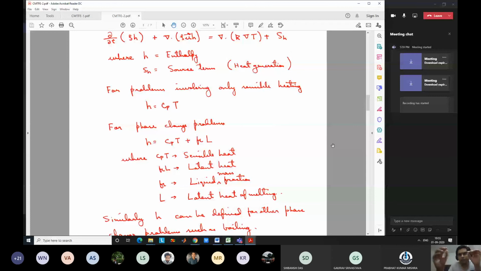Say the temperature at this present moment is 50 degrees centigrade. So up to 0 degree centigrade, we have to consider Cp of solid. From 0 degree to 50 degree, we have to consider Cp of liquid. This is how you have to account for the Cp value and sensible heat. For latent heat, that is totally different. Latent heat does not come into picture in this first term. Latent heat will only depend on whether it is liquid or solid.